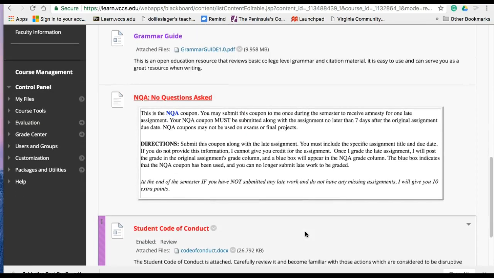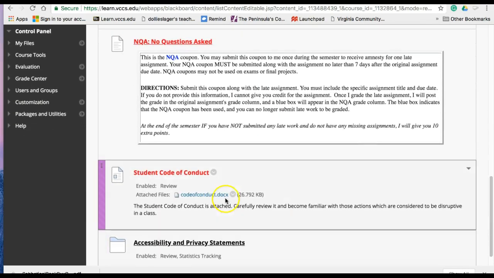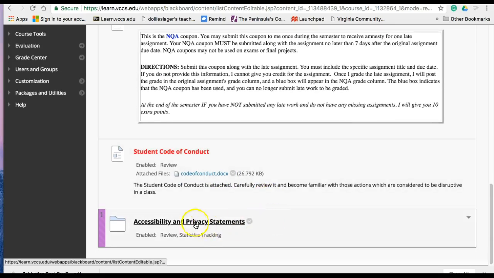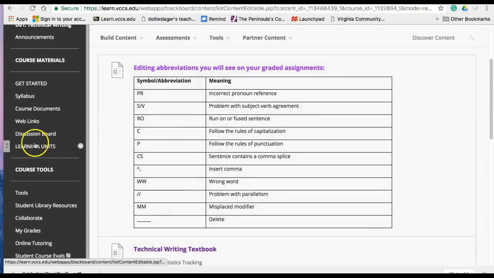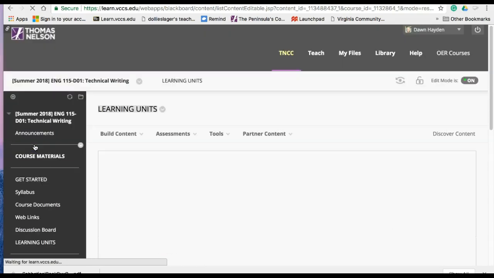Here in Course Documents is also where you'll find your NQA, your Student Code of Conduct, and your accessibility and privacy statements. So all of that is here in Course Documents. Again, go to Learning Units, and